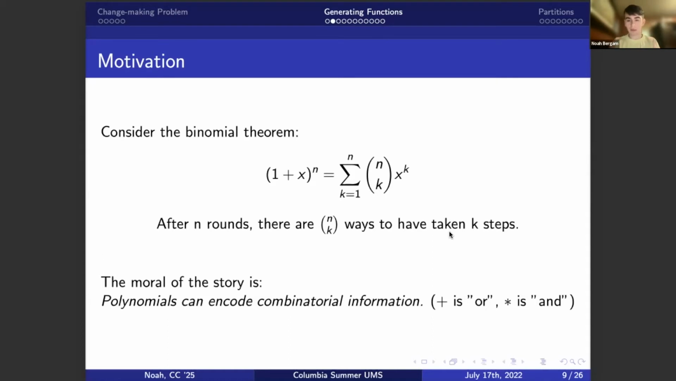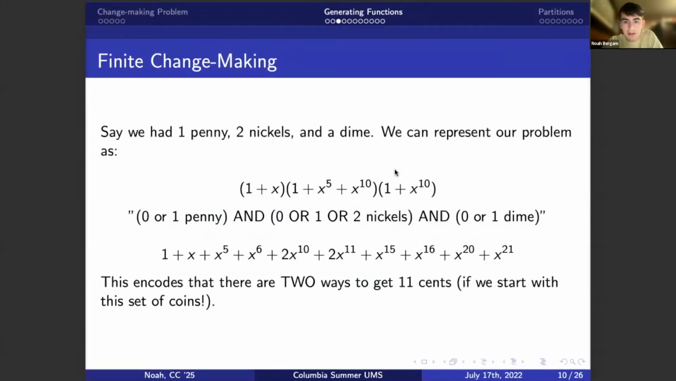And importantly, we should think about the addition of polynomials as an OR operation, where we're choosing between different possibilities, and the multiplication as a sort of AND, right? And this will become even more visible when we think about this in terms of the change-making problem. So let's say instead of having infinitely many coins at our disposal, we start with 1 penny, 2 nickels, and a dime. Now, if we try to model this in the generating function sense,